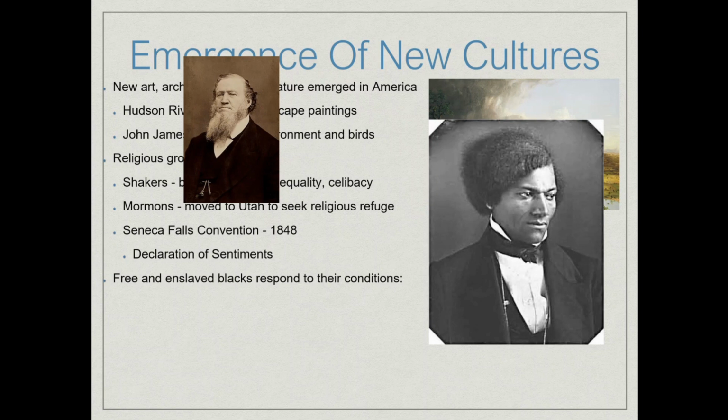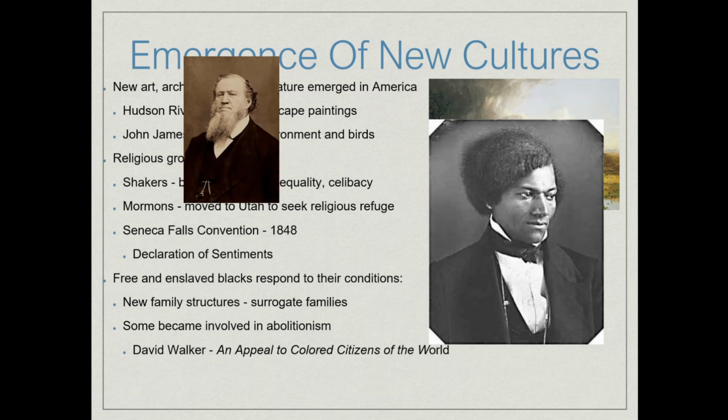Here are some of the ways that free and enslaved Blacks will respond to their conditions. You'll have new family structures like surrogate families. Some African Americans like Frederick Douglass, right here, who is an escaped slave, are going to be involved in the abolitionist movement. Harriet Tubman leads the Underground Railroad. David Walker wrote a pamphlet called The Appeal to the Colored Citizens of the World, where he told them to rise up and kill the white slave owners,